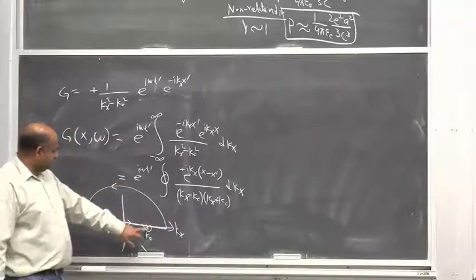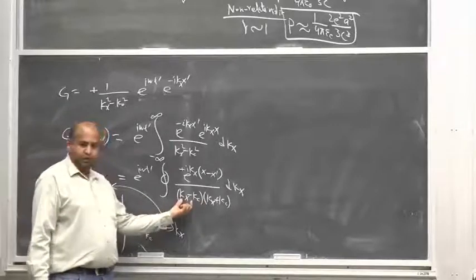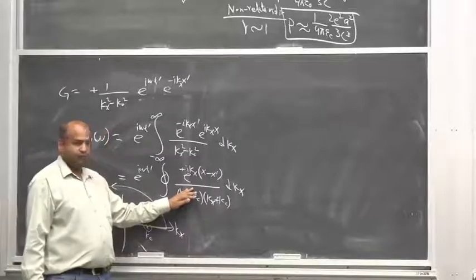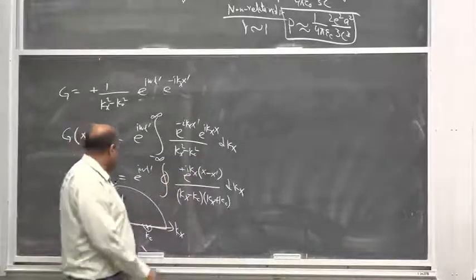Let's say you include this pole so kx is equal to k naught but before that you will have to remove this part